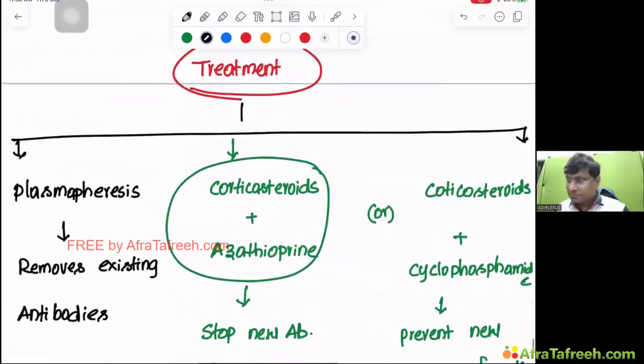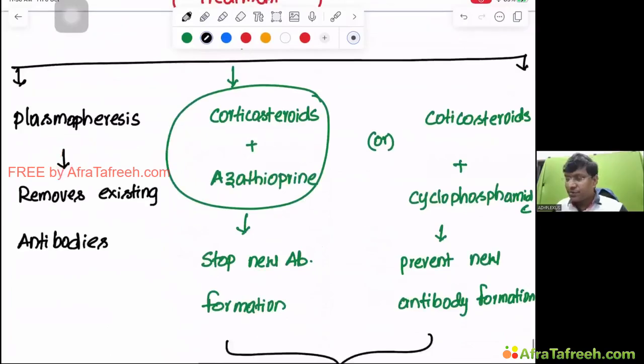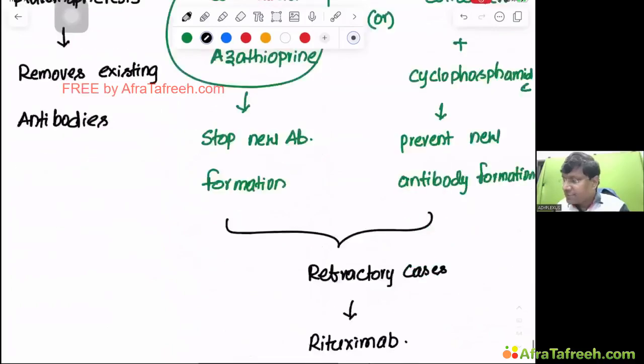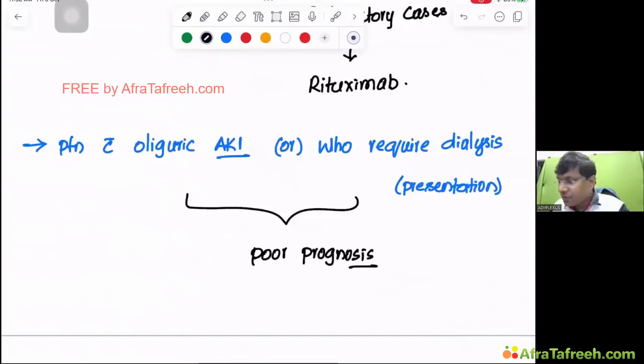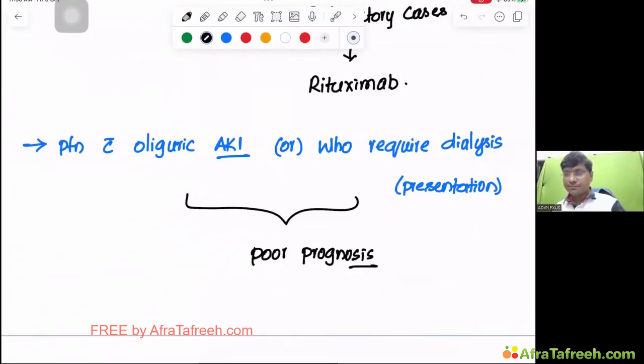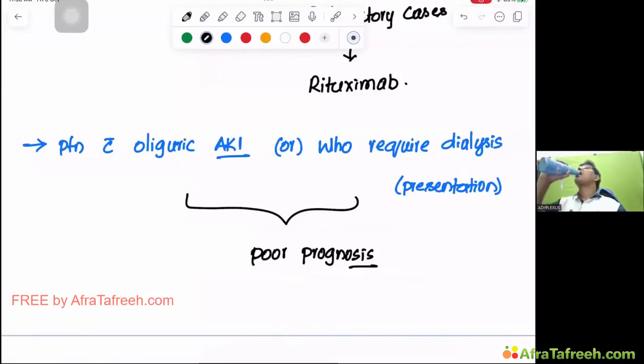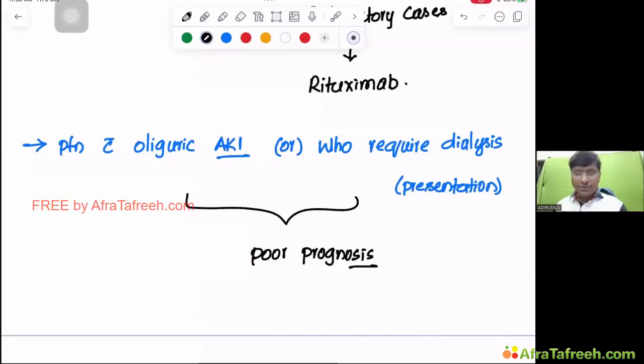The treatment, first you need to remove the existing antibodies, that is by plasmapheresis. Followed by that, right, you need to give immunosuppressive therapy to stop the new antibody formation. That is steroids plus azathioprine or steroids plus cyclophosphamide. If the individual is refractory to that, then you need to give rituximab. And patients with oliguric acute kidney injury or who require dialysis at the time of presentation, they have poor prognosis. Okay. So that is about the story related to